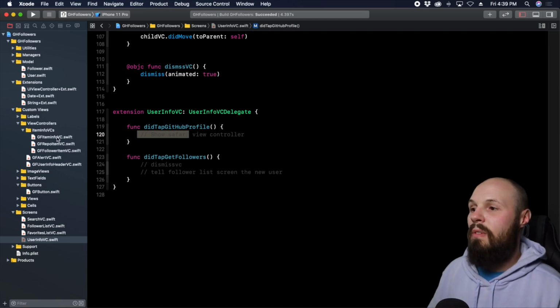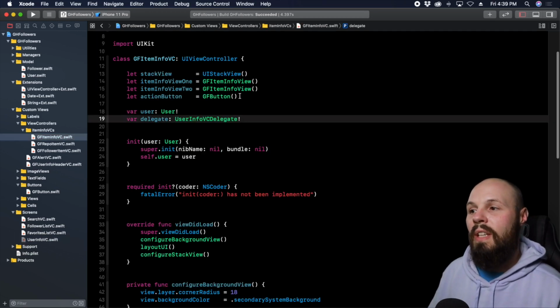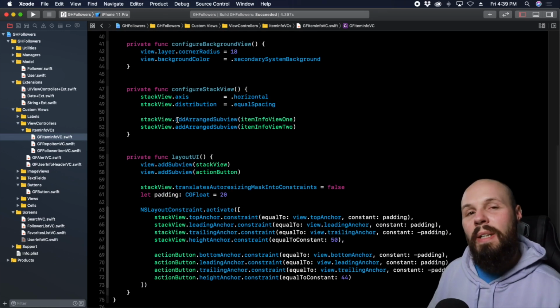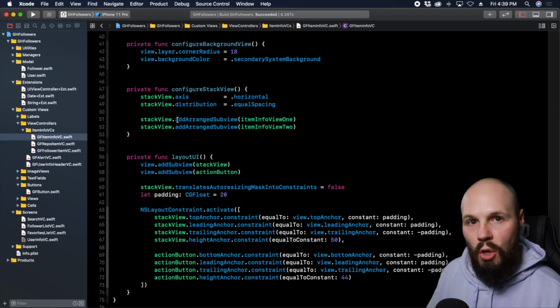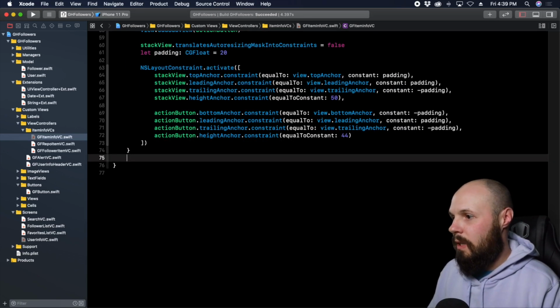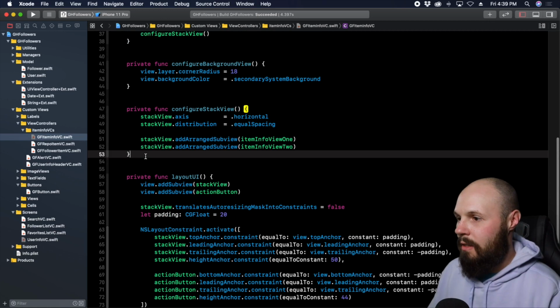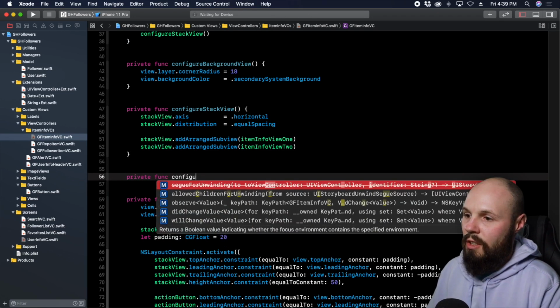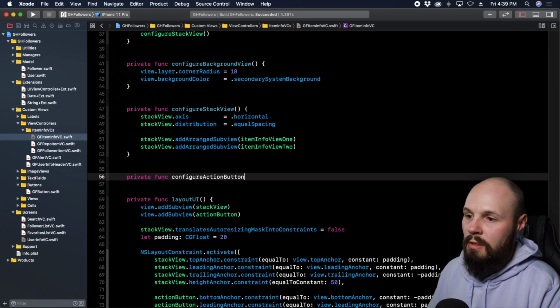So let's go into our item info VC because we haven't done something. We haven't given our action button an action, right? We've just set up the UI. Our action button needs to have an action so it knows what to do. So to do that, again, we're going to do this above the UI function here. So private func configure action button,